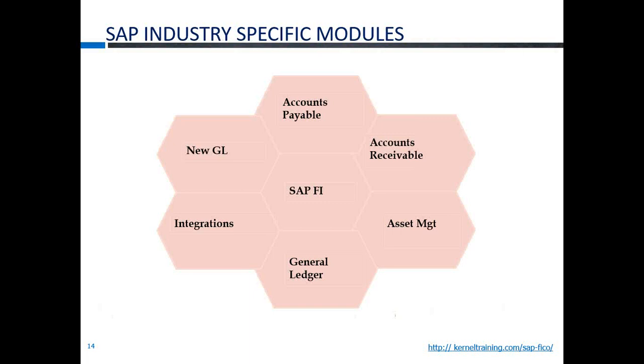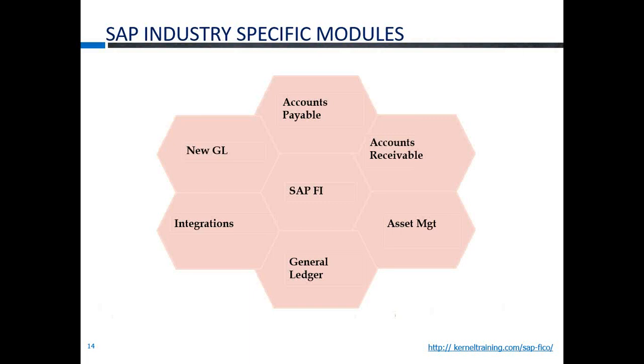Coming to accounts receivable, you sell your finished products to your end customer. That can be either an import customer or an export customer. You have to see how to capture tax, send the goods, and track the payments to be received from the customers. Once you receive the payment, you have to see whether they paid through cash, check, or bank transfer, and account for that in the system, which is all discussed in accounts receivable.